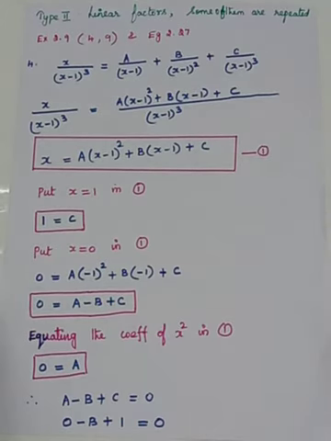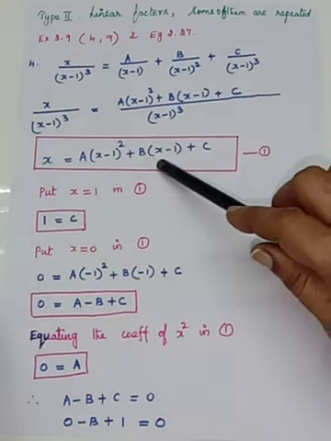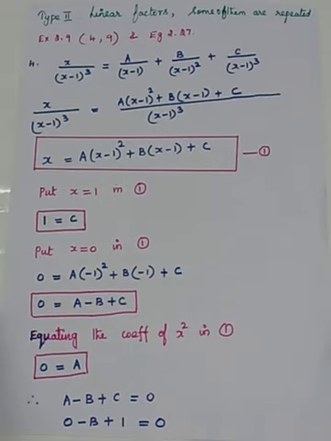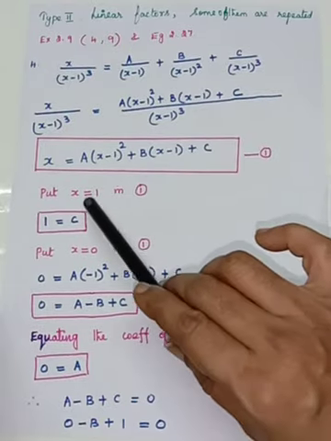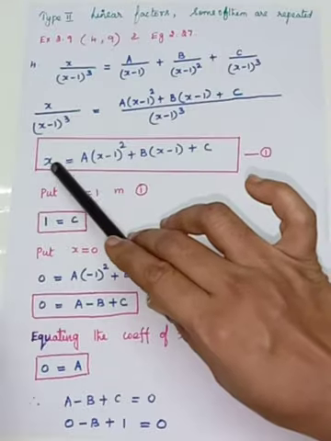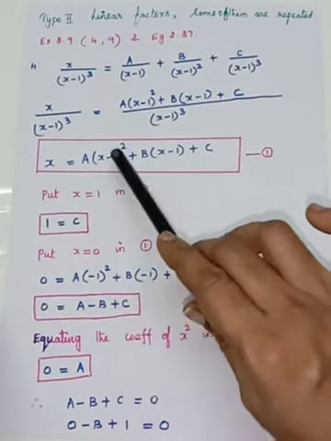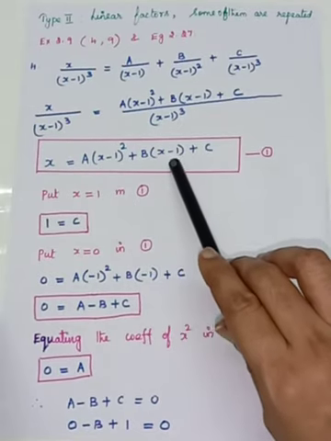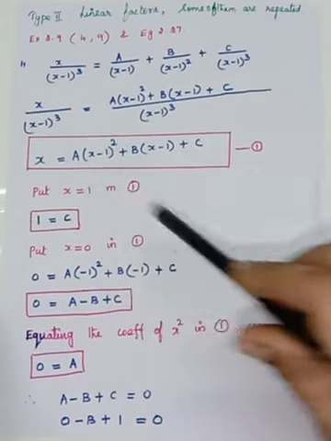Okay. So what I have said, we are going to find the values of a, b, c. For that you have to see the linear factor involved in this. What is the linear factor involved? x minus 1. To make that linear factor 0, what value do you have to substitute in the place of x? x as 1. So first step, put x is equal to 1 in 1. So in the place of x you are having 1, and the same linear factor is present, so when x is equal to 1, it will become 0.